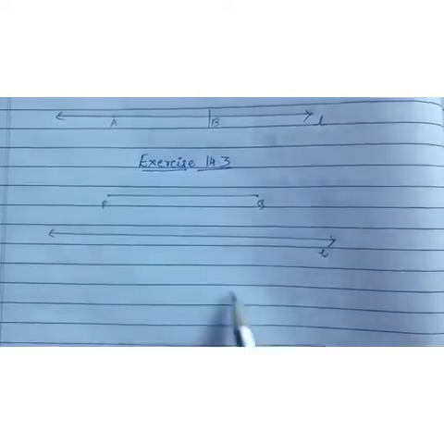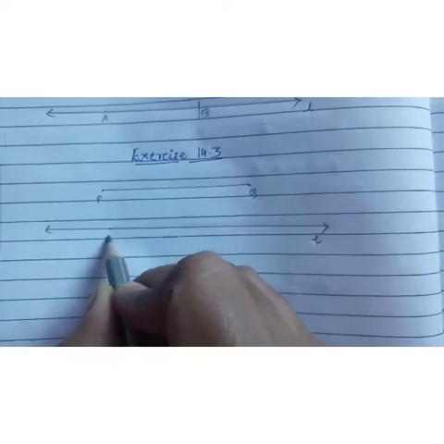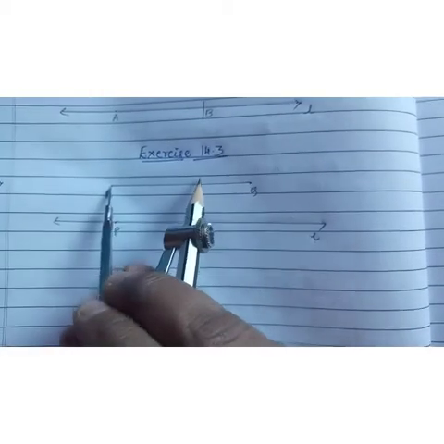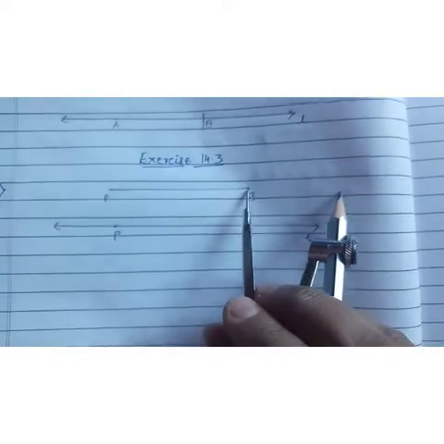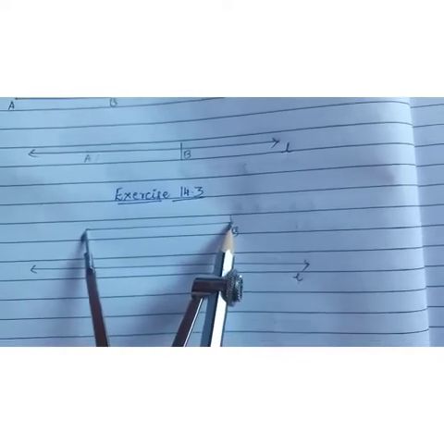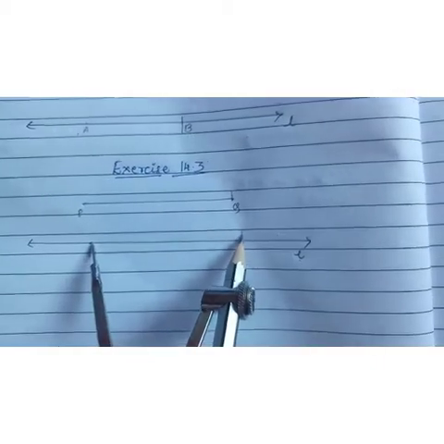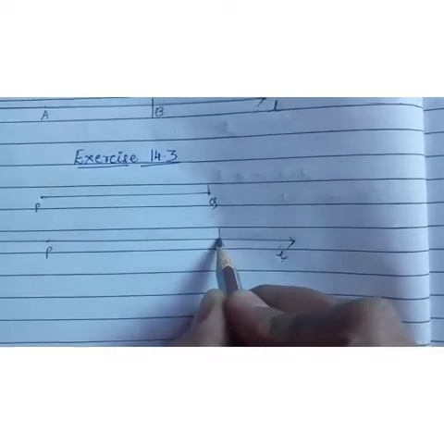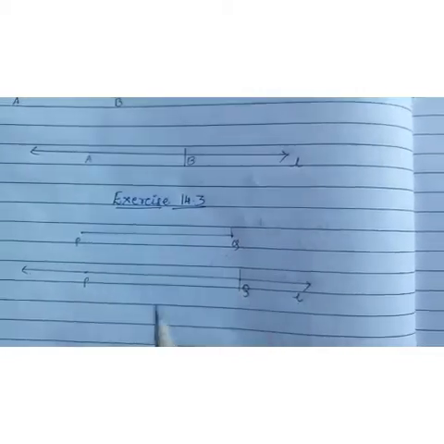So first what you will do? You will draw a straight line L and mark any point on it as P. Next step what you have to do? With P as center, you adjust your compass such that the other point comes on Q. So children, observe here, I have taken the exact measurement of this. Now with this P as center, cut the line L here. Now you got the marking, and now mark this point as Q. So this is the exact copy of the line segment PQ.